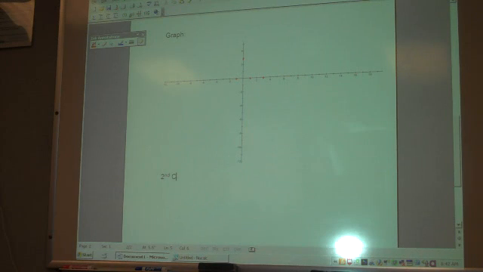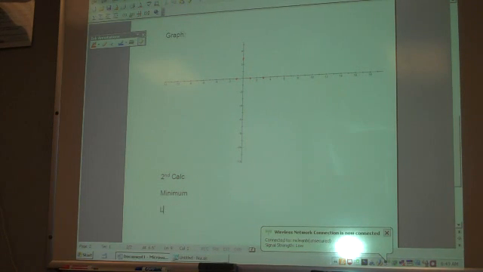Okay, excellent. On this point, what I want you to do is hit second calc. Do you want the maximum or the minimum? Minimum. Okay. Second calc, and go to minimum. When you're fiddling with the window, can you just increase the window by 1 every time to see how that works? That could take a while. If you increase by 10, would that be better? Maybe, but if you figure out the minimum first, there's also a zoom fit button under zoom. We'll go over that a little more. You can figure out the minimum without having the y down there. Once you know how far down this goes, then you can figure out how far down to make the window. So you can actually do it in a different order. So you go second calc, minimum, and then when it says